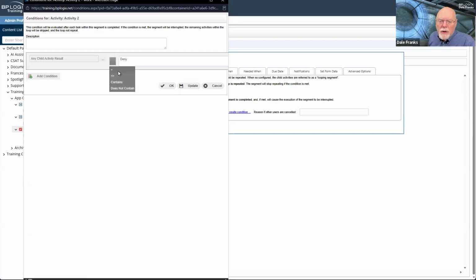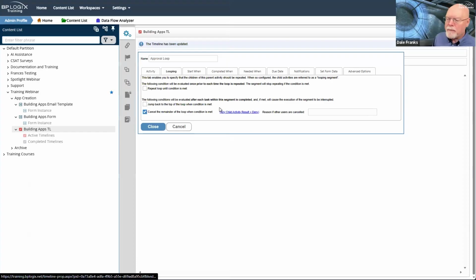I just want you to notice that I did use the equal operator here, so it must match deny exactly. And that's fine because I'm going to create that deny result. And so it will match exactly. But keep that in mind because we're going to do something different here in a second. So I'm going to hit OK.